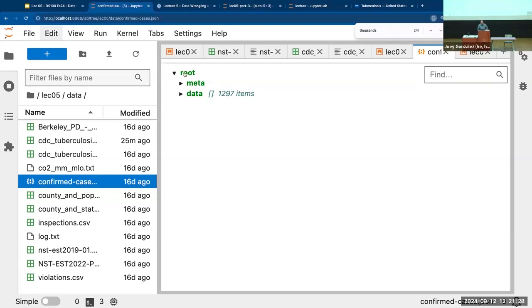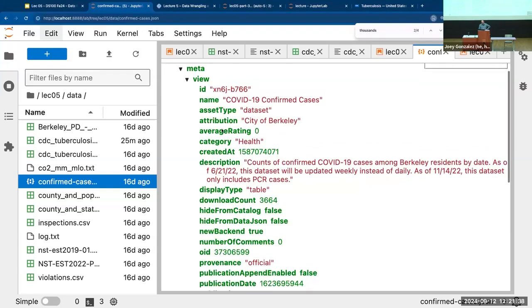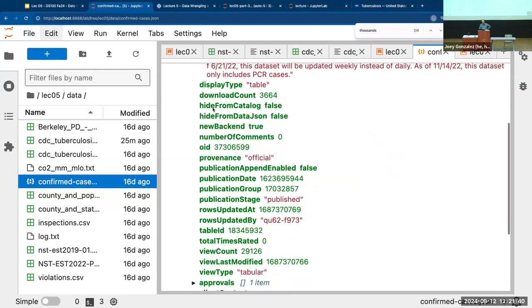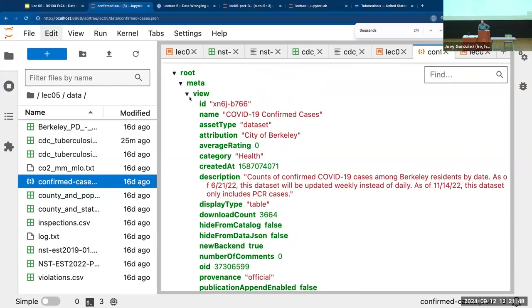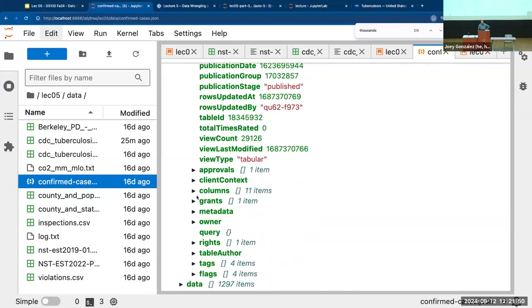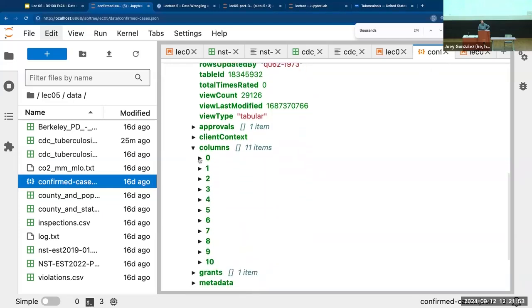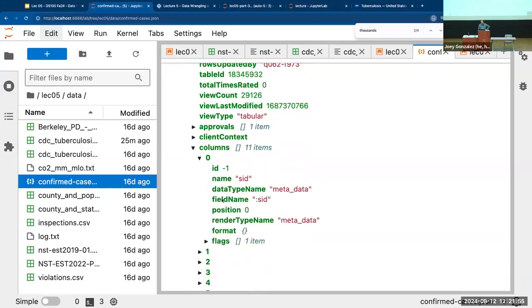Here's the root of the tree. It's even called the root. And then out of that, there are fields. The meta field expands into a single field, one branch. The view thing expands into all these different pieces of information. That's encoding information about the metadata of this file. Some of this meta information, like columns, expands even more into a list of things where each thing has more information, like the field name. So I have this data which has all of this documentation built into it.